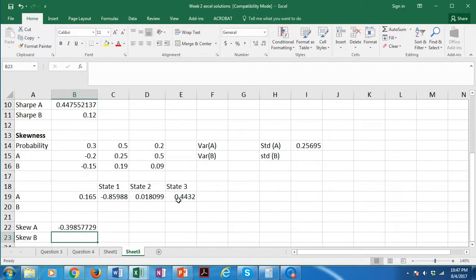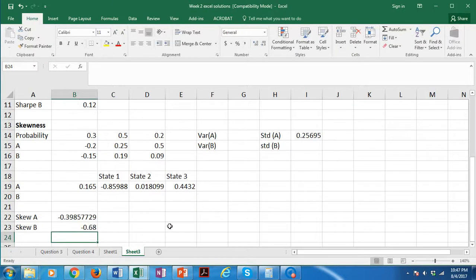And we get the negative skewness, and if we calculate the skewness for stock B, we will get that it's minus 0.68. So skewness for stock A and stock B both are negative, and we know that negative skewness means there's a higher chance of negative return than the corresponding probability of positive return. So this is how we can solve problem 3. In the next video, I will show you how we solve problem 4 of